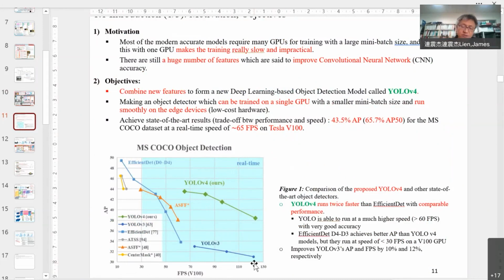They're faster. Okay, so that's YOLO. You will see 30 frames per second here. In our work, 30 frames per second is good enough, but YOLO is much faster than that. They even go up to 120, or 90, or 60. 60 is double of 30. So if we do 60 with YOLO V4, that's very fast.